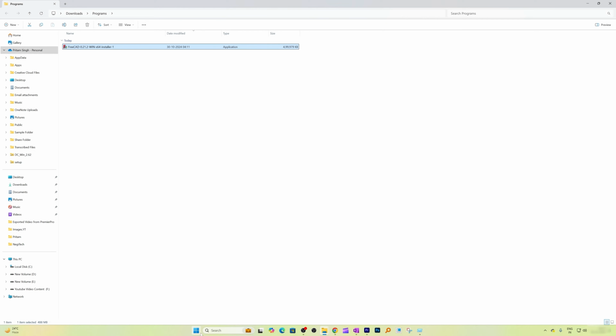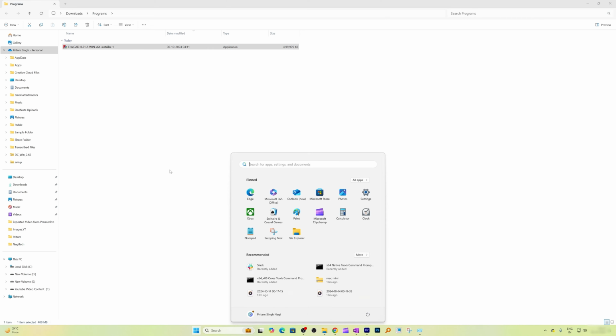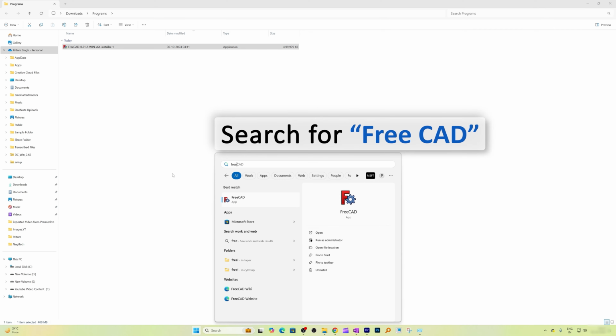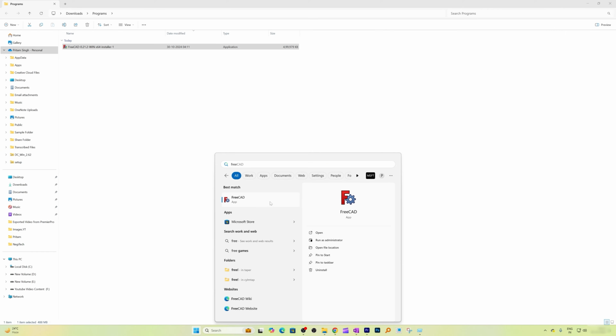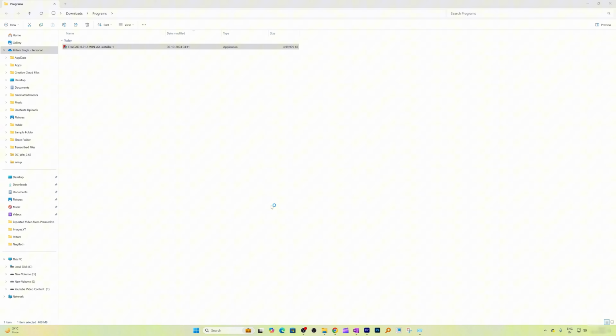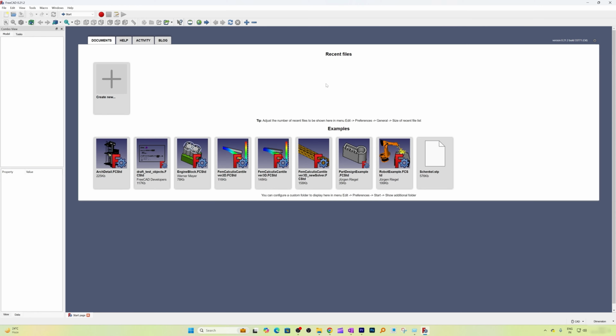Now what I'm gonna do here is I'm gonna click on menu button, and now I'm gonna search for FreeCAD. And there we go, here we can see we have successfully installed it. Now let's click here to open it, and there we go guys, we have successfully downloaded and installed FreeCAD in